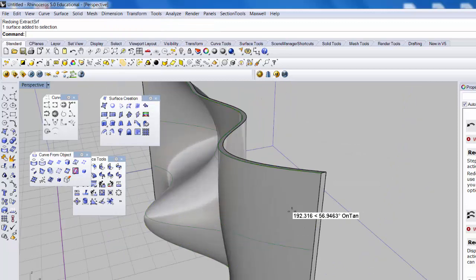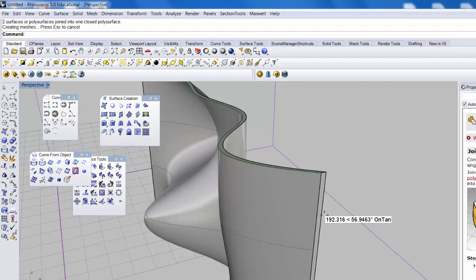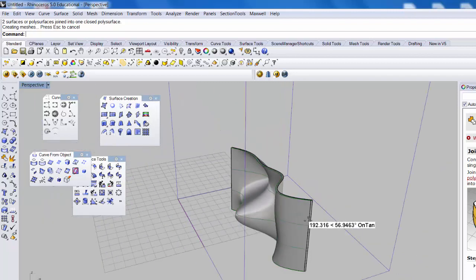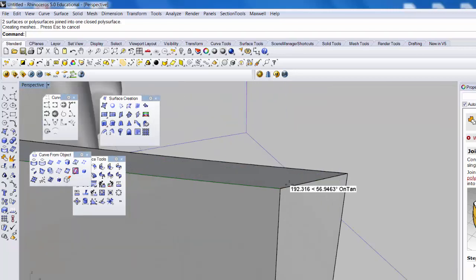So I select that, I type join, select that, and that just joins it back together automatically. So you type join and everything happens automatically like magic. That means your object's really well built. If you type join, you have to click it all, and then you have to hit enter, that means there's still something missing. So then you just go and show edges. And show edges is kind of a pain. And actually, the nice thing with show edges, if I just had a naked edge that was really small,